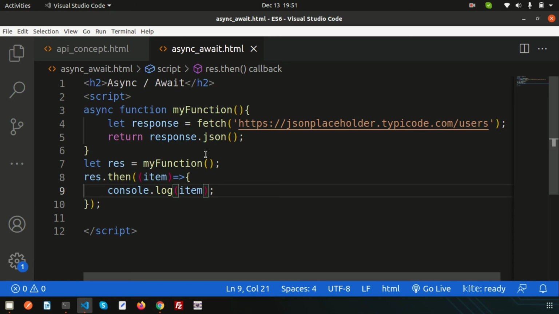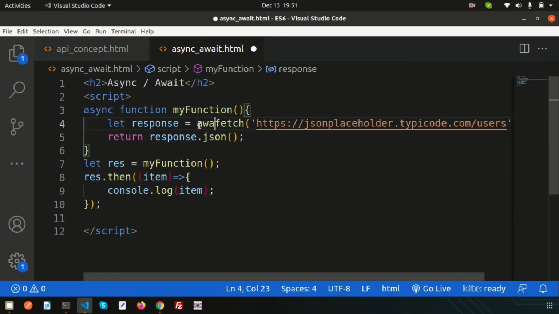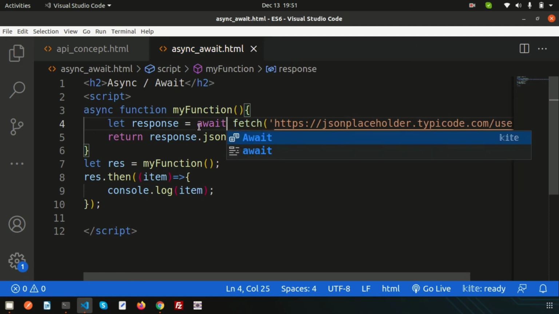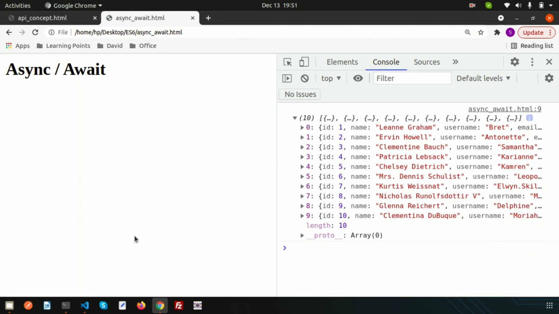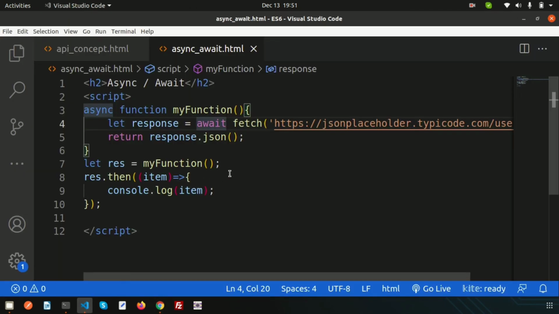The thing is, when we use this, we need to use the await keyword here. So simply write await. This is another keyword, actually a spelling mistake, await, right? Now refresh this, and we'll get all the records just like previously, right? So the advantage is we don't need to resolve these things 2 times and we are getting the same output. Basically this is the same concept, but this is a more advanced concept, right?